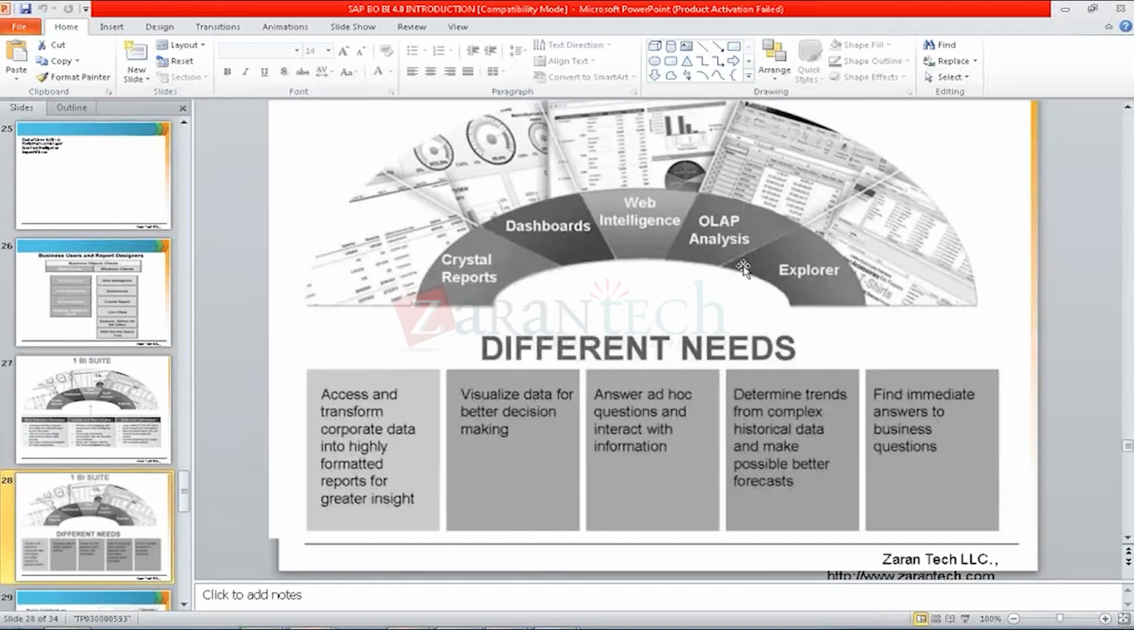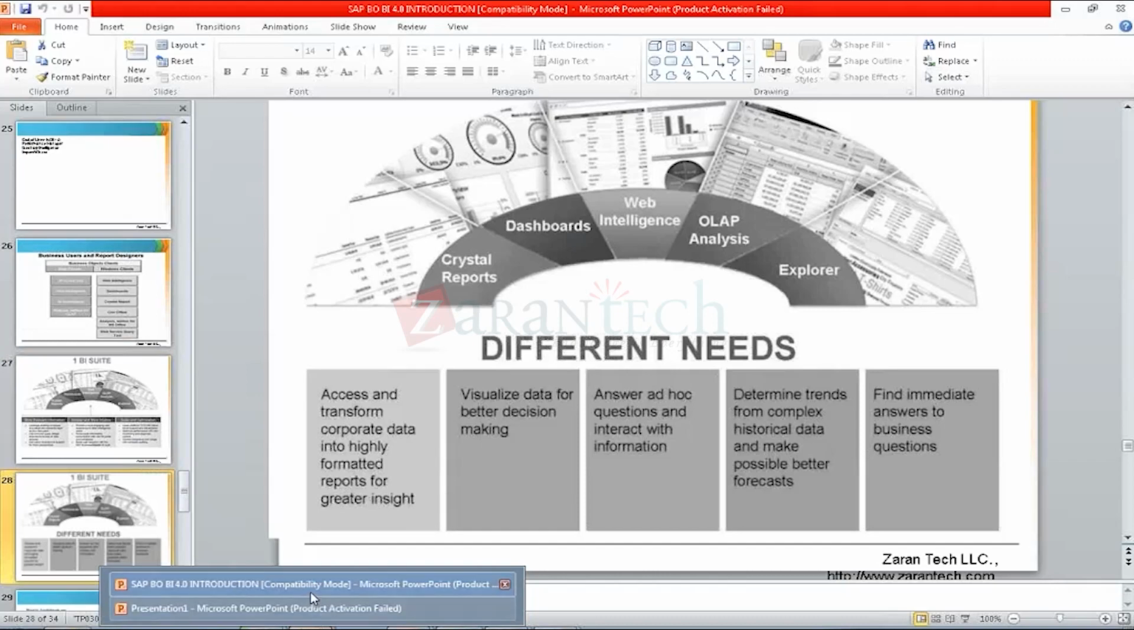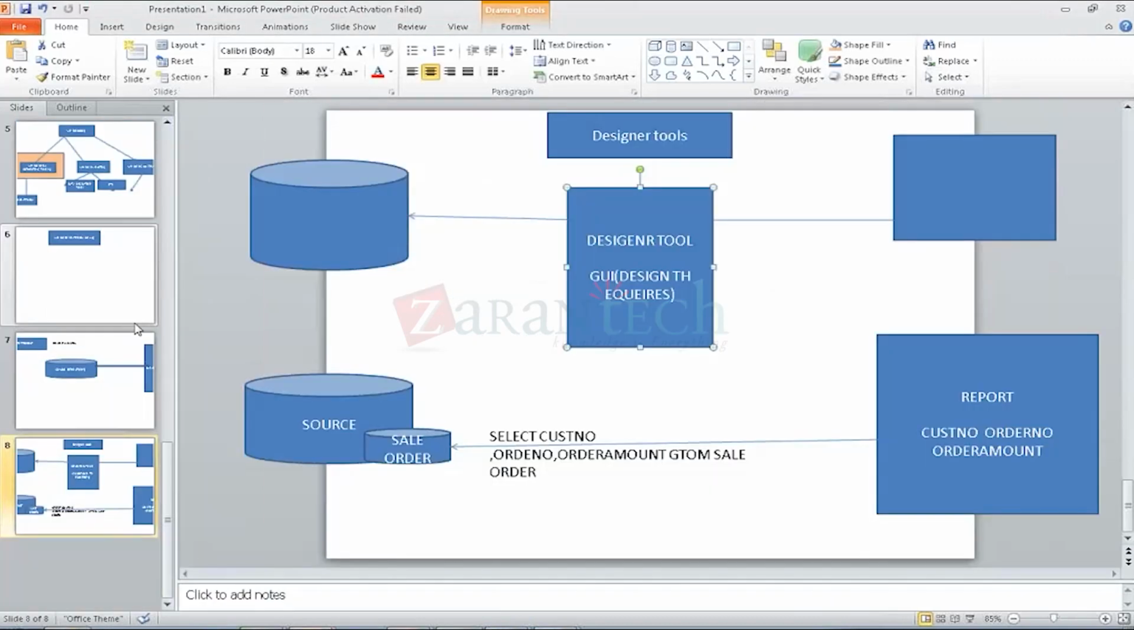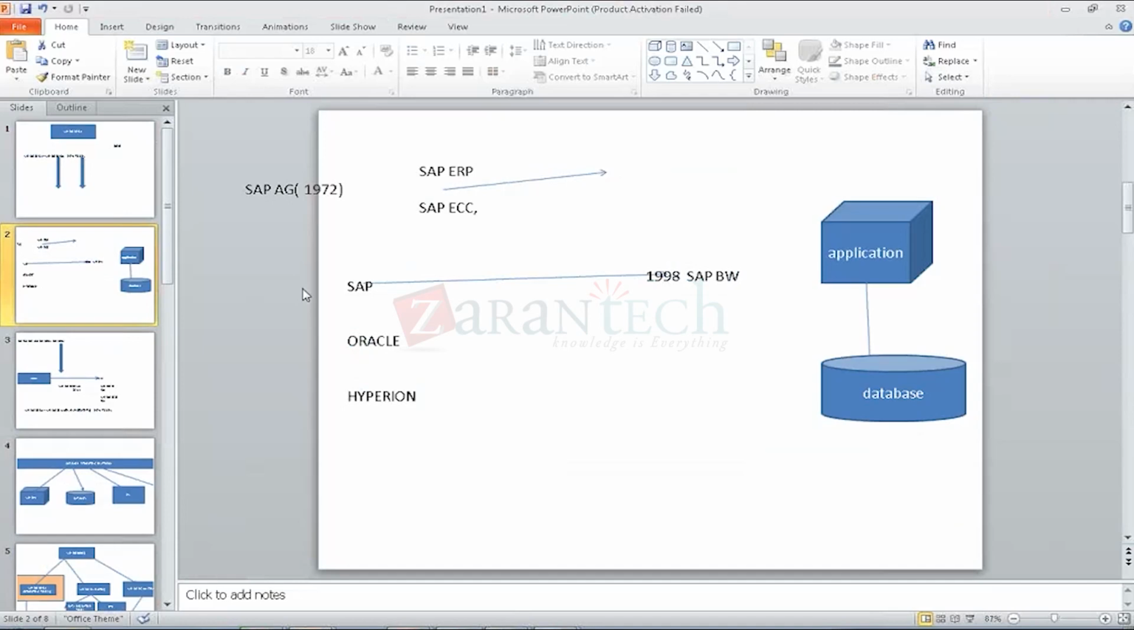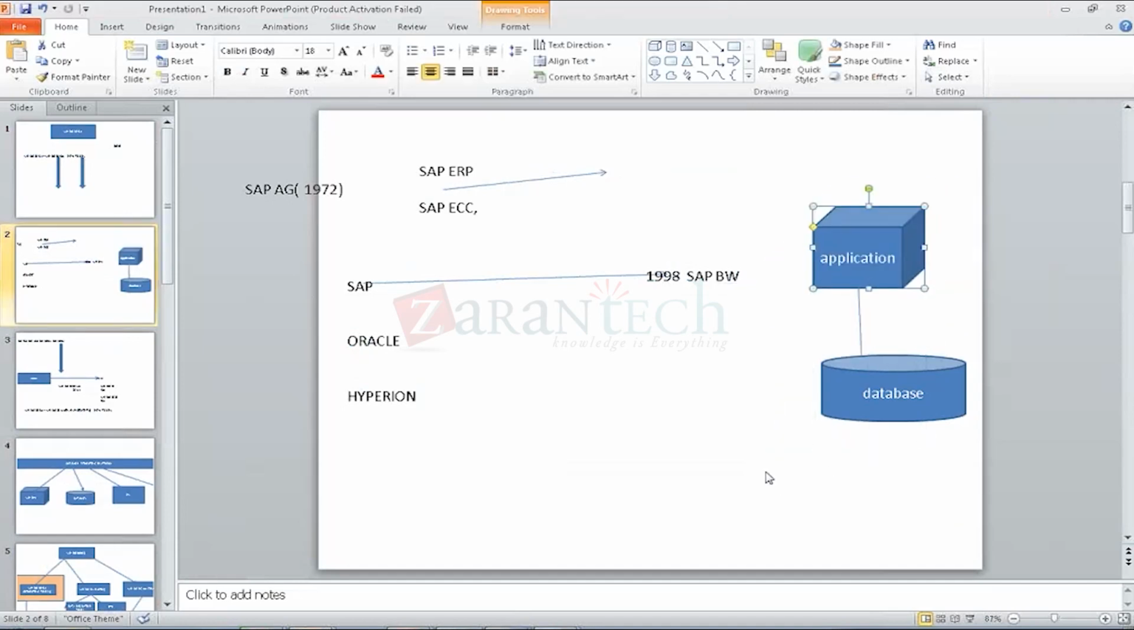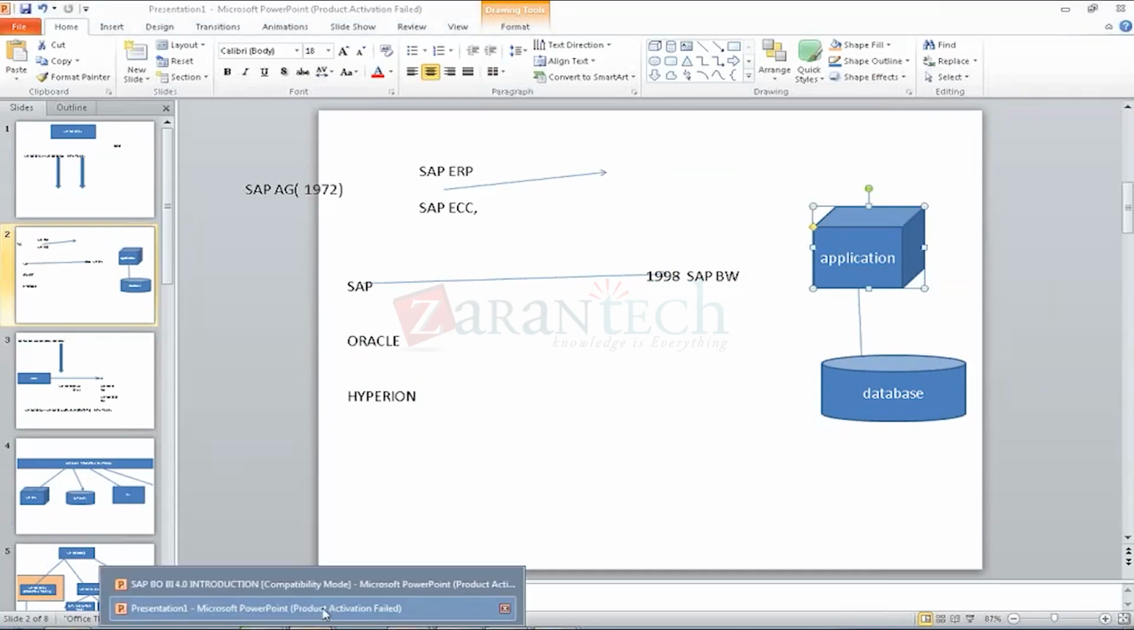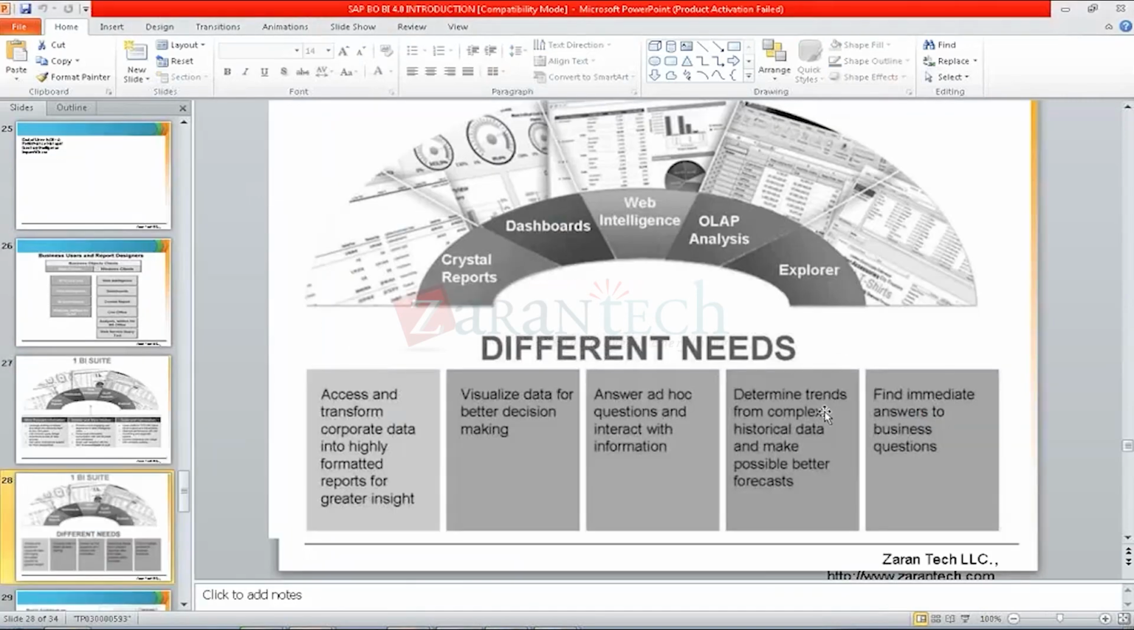As the name indicates, MOLAP analysis. Business Objects Analysis Edition for MOLAP, Business Objects Analysis for Microsoft Excel, Microsoft PowerPoint. These can connect to only MOLAP applications where the historical data is stored, like SAP BW, Hyperion, SAP HANA. They cannot connect to any other source system. Only MOLAP applications. And in MOLAP